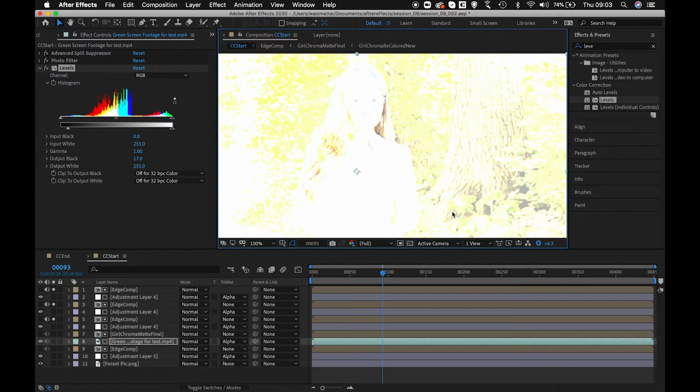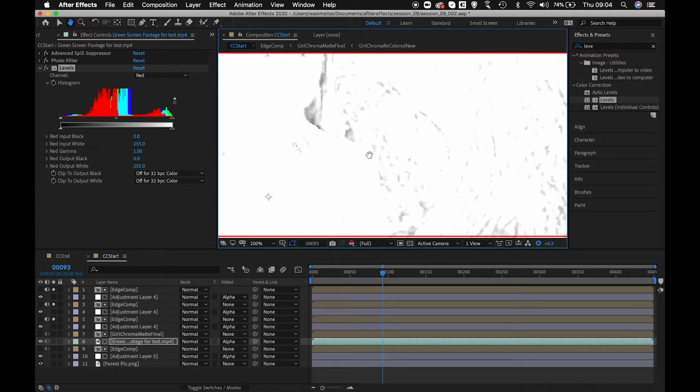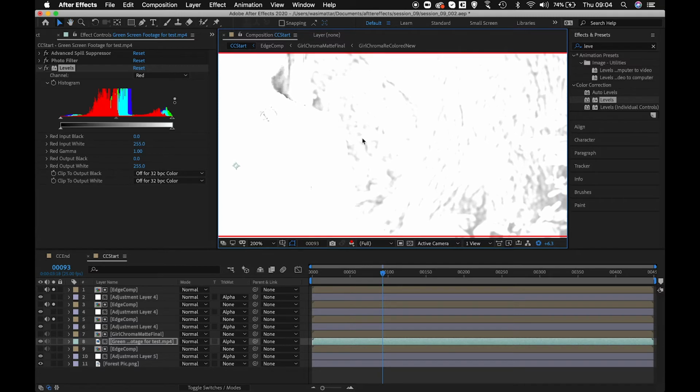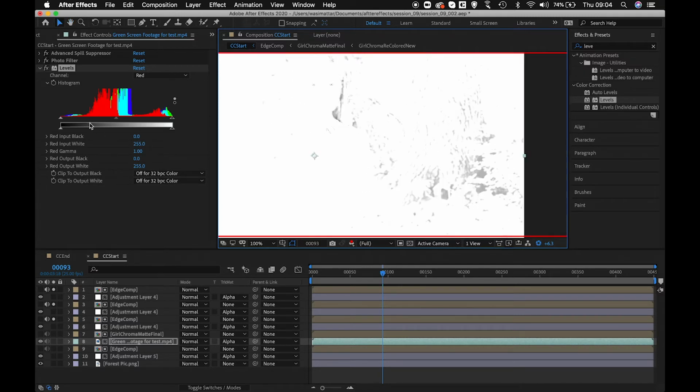Now, same way, I'll go to the red channel. I'll choose red in the levels, sorry, not the channel, but the levels over here. And also change this image channel to red. So I'll press Alt 1 on the keyboard. Now just check if it's matching. If it does not match or you want to tweak it a bit, you can just go over here and change the blacks. Okay, but that would become too much. I think this much should give me a good output.